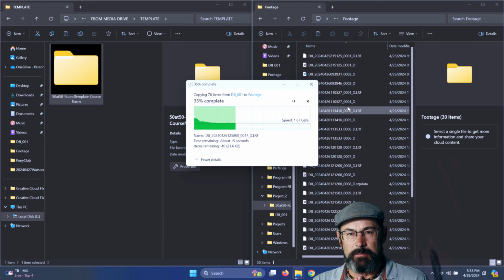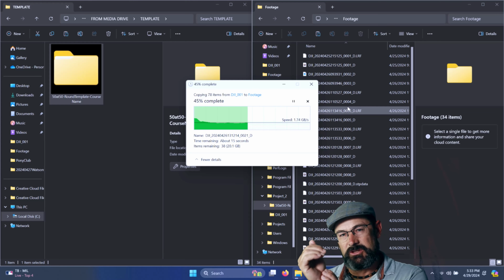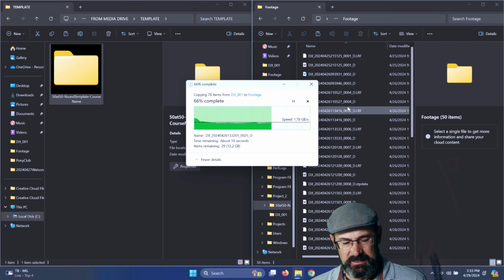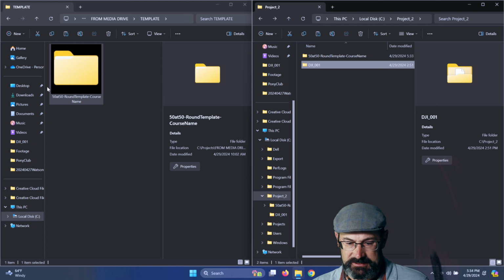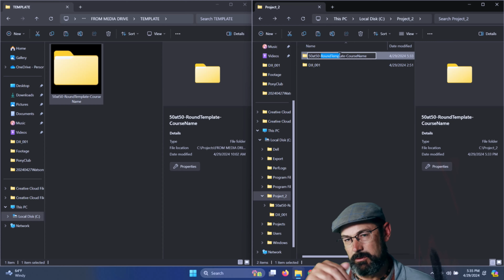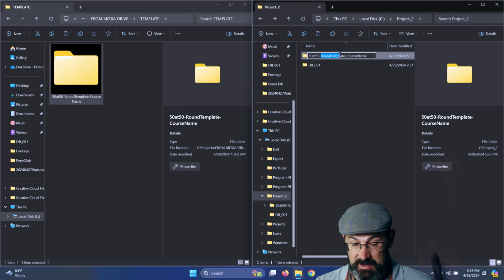If I had multiple cameras, I would, underneath footage, name the cameras I'm using so I can keep that footage separate if I needed it for any reason. You'll see that it's still named template. So I'm going to come in here. I'm going to do 50 at 50. I used to put round 51, 52, whatever it happens to be. I'm not going to do that right now. I'm just going to do Marina